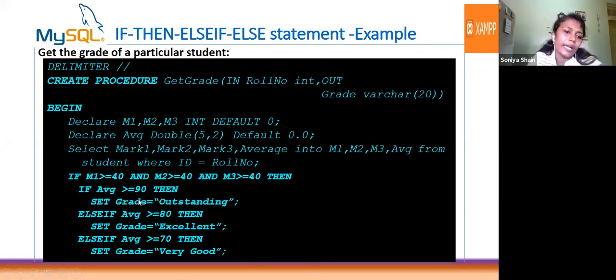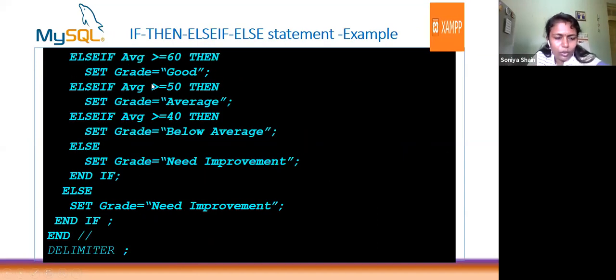If average is greater than or equal to 90, his grade will be outstanding. Else if greater than or equal to 80, grade is excellent. Then greater than or equal to 70 means very good. Greater than or equal to 60 means good. Greater than or equal to 50 means average. 40 and below average, then need improvement.